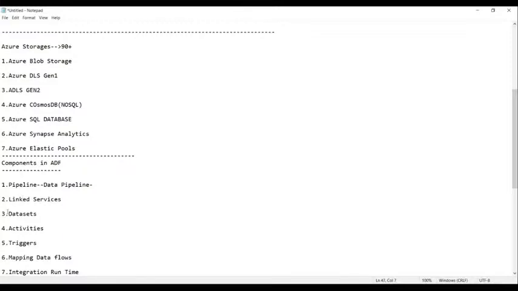So pipeline, and then you have the linked service. The third one is called a data set. Now, guys, technically a data set is nothing but a pointer, or a reference to the physical location of the file. That is called a data set. But for explanation and understanding purposes, I can tell you that a data set is nothing but a table.